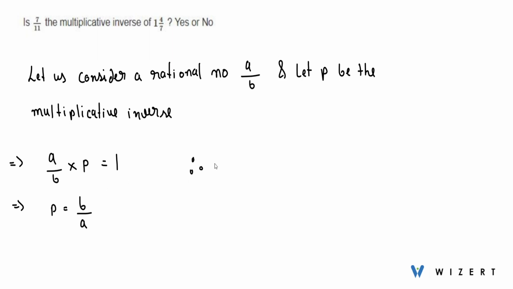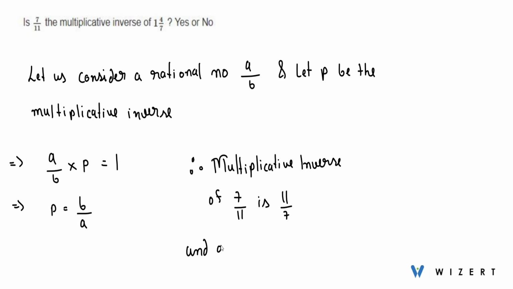Therefore, the multiplicative inverse of 7 upon 11 is 11 upon 7, and also 1 4 upon 7 can be written as 11 upon 7. Therefore, yes will be